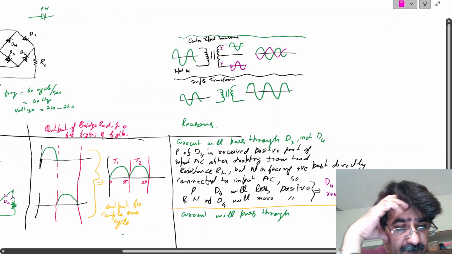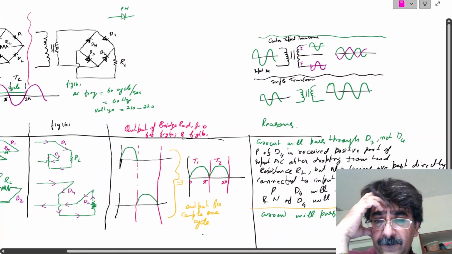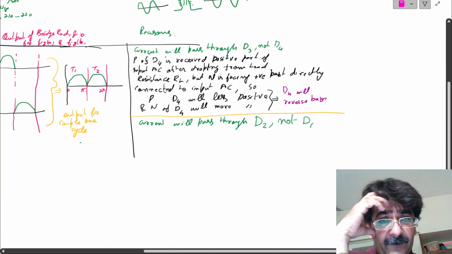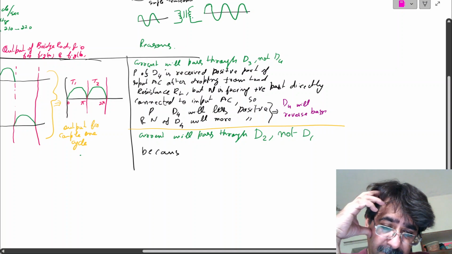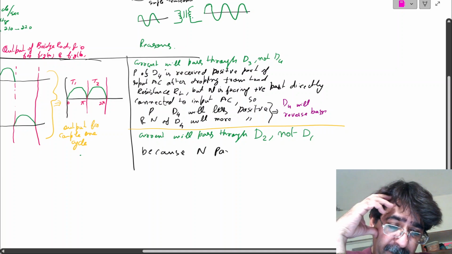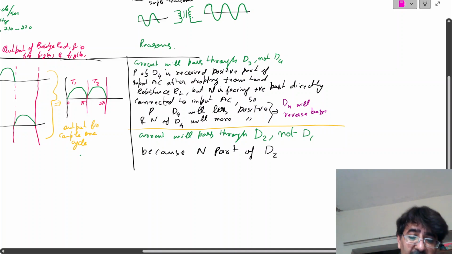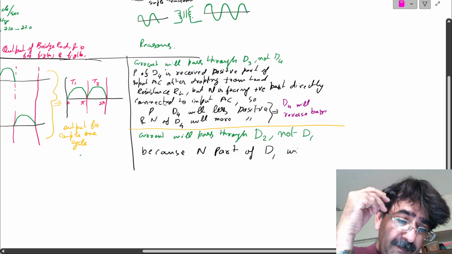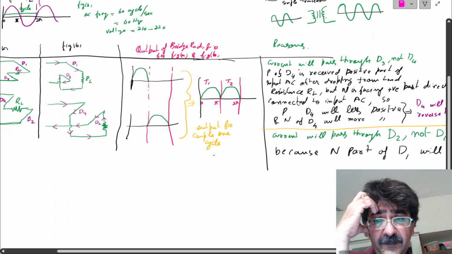For this part, current will pass through D2 but not D1, because the N part of D1, sorry, not D2, D1 will face